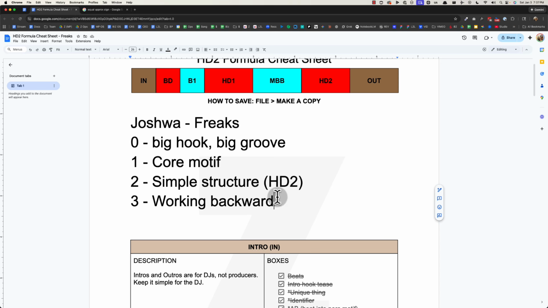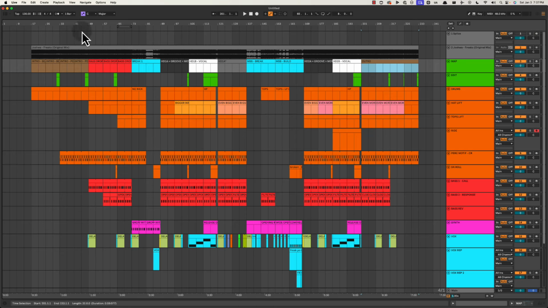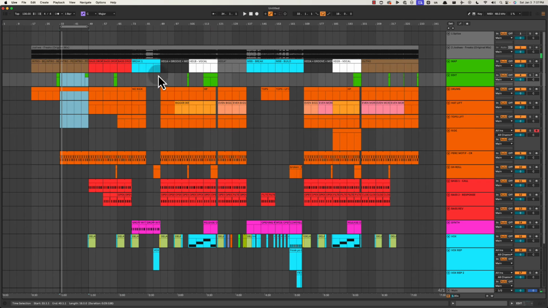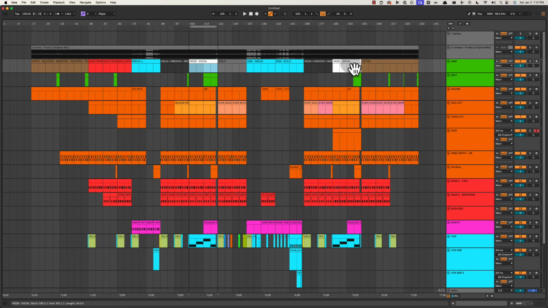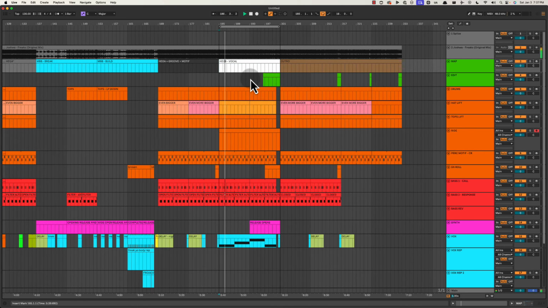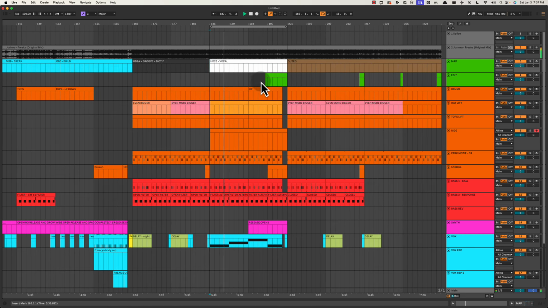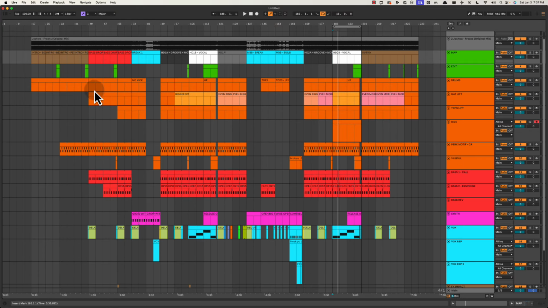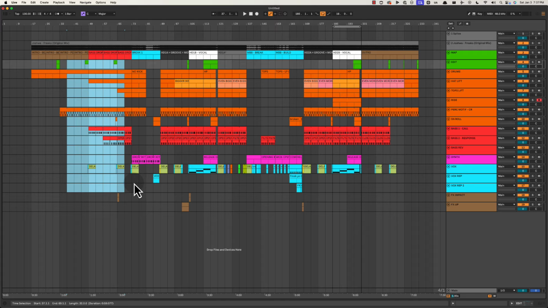Working backwards, what do I mean by this? When you're doing a core motif like this, I can imagine producers wanting to start to work on the motif like over here. But you have to realize that right here, this whole thing, HG2B and HG1B, when the vocal's playing with the motif, you have to have the vocal and the motif working together. And so the last thing you should do, or if you want to make your life really hard, then you would write the motif and then try to find a vocal.